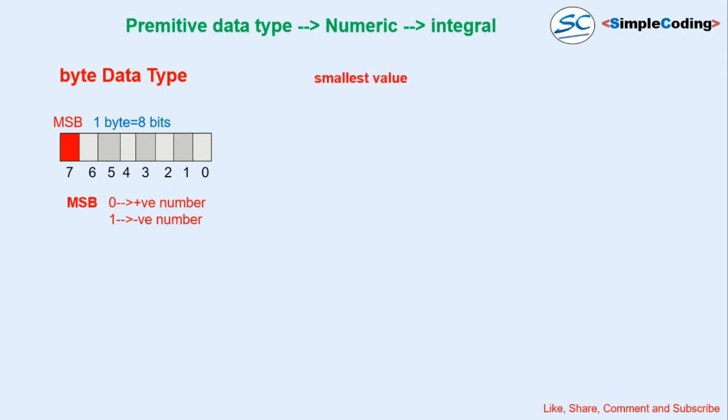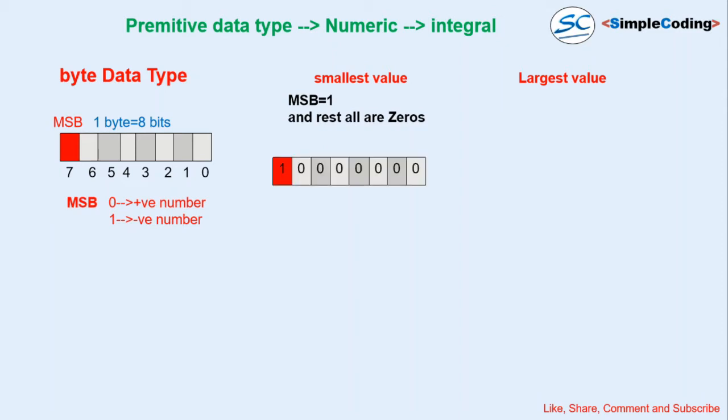So let's look into the smallest value and largest value. To get the smallest value, we have to consider the MSB as 1, because the smallest value is going to be on the negative side. For binary, only two numbers are possible, either 0 or 1. 0 is the lowest value and 1 is the highest value. So to get the smallest value, we take MSB equal to 1 and put 0 in the rest. Now MSB is set to 1 and the rest are 0.